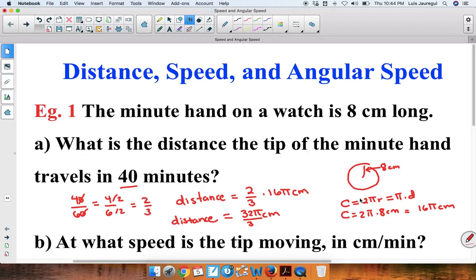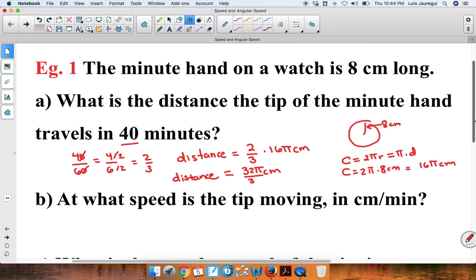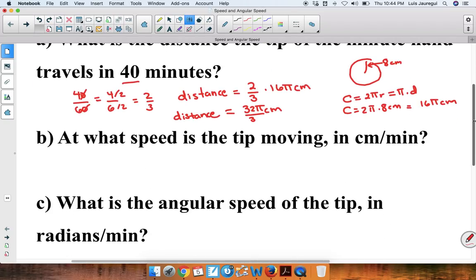Now let's take a look at the next part of the question. At what speed is the tip moving in centimeters per minute? Well, here it's important to remember that speed is given by the formula speed equals distance over time. Well, here's the deal. The distance, if we were to cover the entire circumference, would be 16 pi centimeters